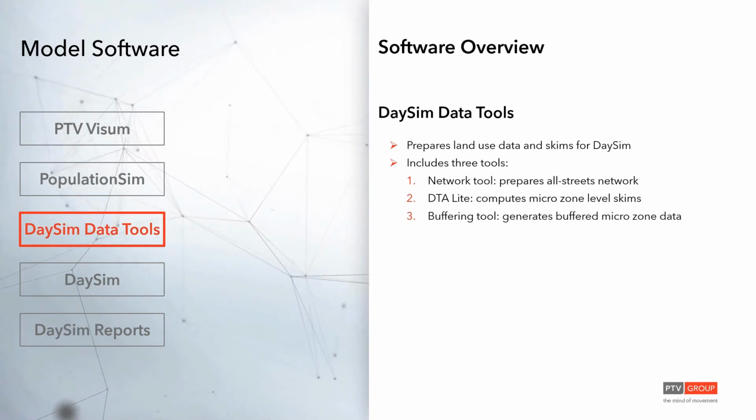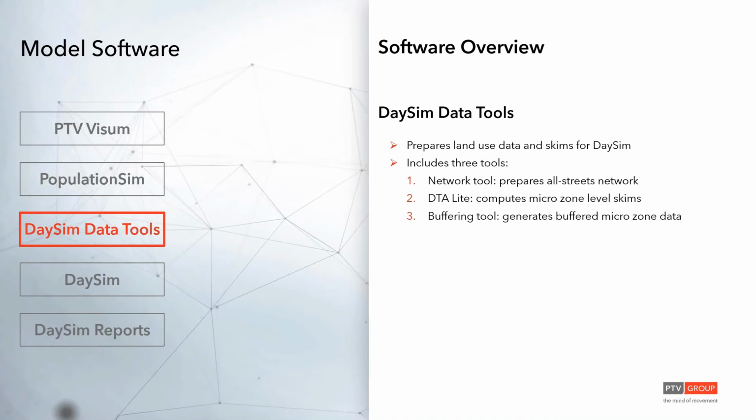And to fully take advantage of the disaggregate structure of an ABM, Dacing relies on these Dacing data tools, which is a collection of three subtools. There is a network tool which prepares an all-street network, and then there is a DTA tool which computes node-to-node skims. And then there is a buffering tool which generates buffered microzone data, using all this disaggregate data to create